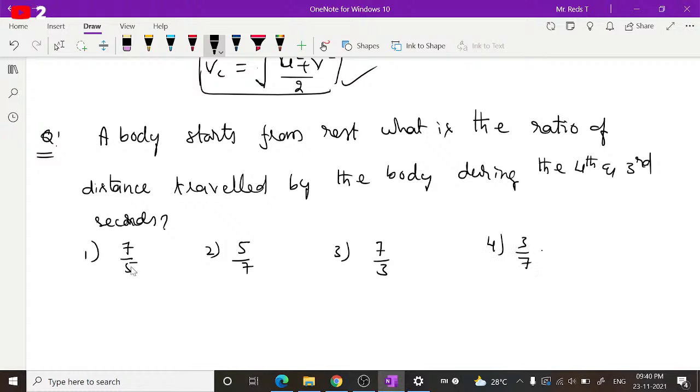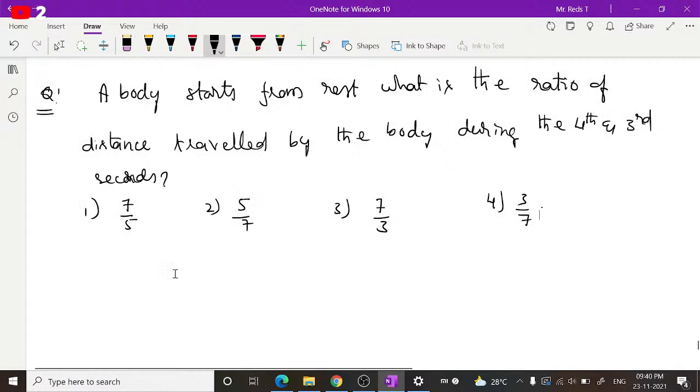Right. Let's see. You're asked to find this. It is given that the body starts from rest, so its initial velocity is 0. What is the